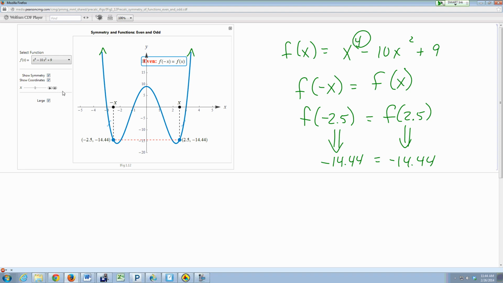Now, I was going to have you fill in this table, but you can see that this doesn't change no matter how x changes. As x moves out, I can stop at any point. Here's x, 1.28. Here's its opposite. My y values are the same. Now, you can't show that a function is even by just putting in one specific point. Unfortunately, it doesn't work that way. You have to show that this function is even for all points, all x values. And to do that, if this is your function,